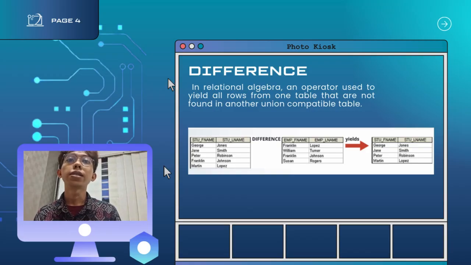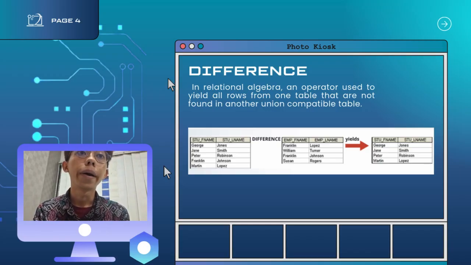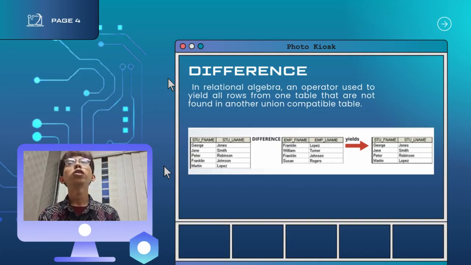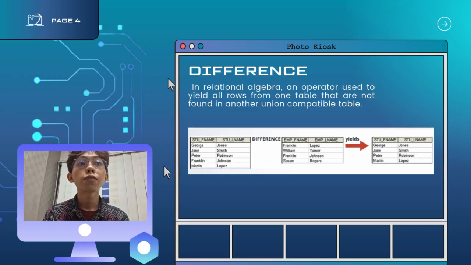And the fifth one is difference. Difference yields all rows in one table that are not found in the other table. That is, it subtracts one table from the other. As with union, the tables must be union compatible to yield a valid result. The definition of difference itself is, in relational algebra, an operator used to yield all rows from one table that are not found in another union compatible